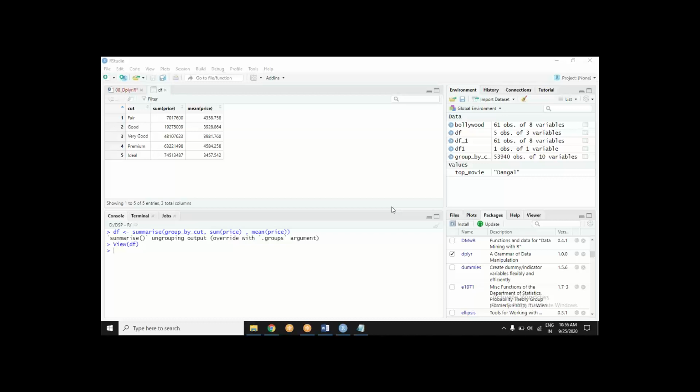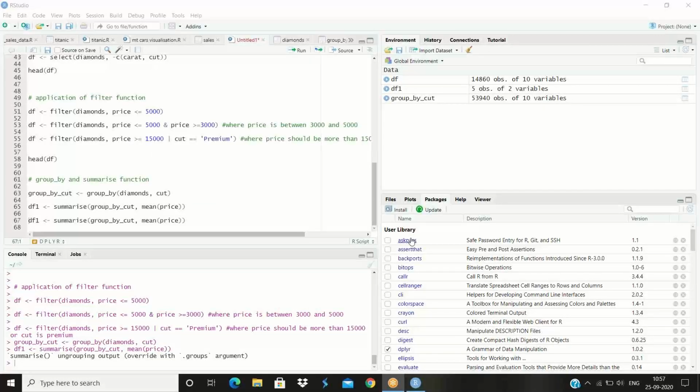Can you see my screen, sir? Not yet, Muzammil. Not yet. No, sir. Now can you see, sir? Yes, now it is there.